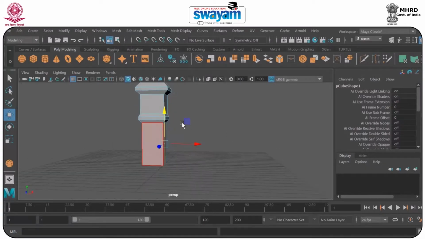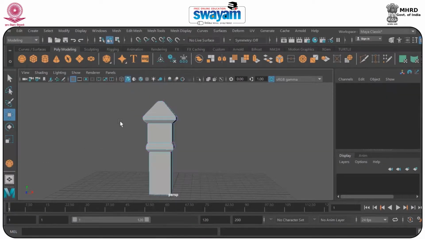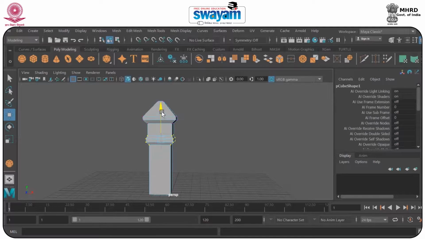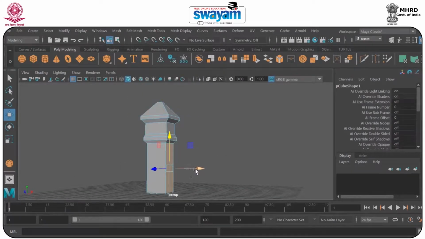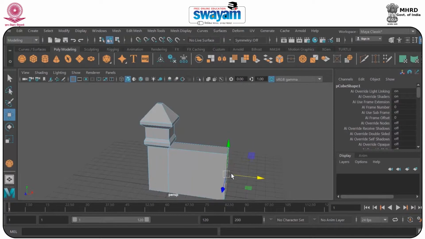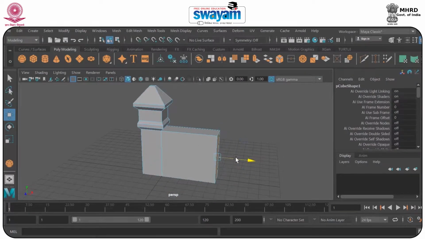Okay, so one more thing, I should have a proper spacing between them. So just select this part and just move it somehow here. Go to face and just select this face, we'll move it somehow here, no problem, and we'll keep it here. We'll just duplicate the same,